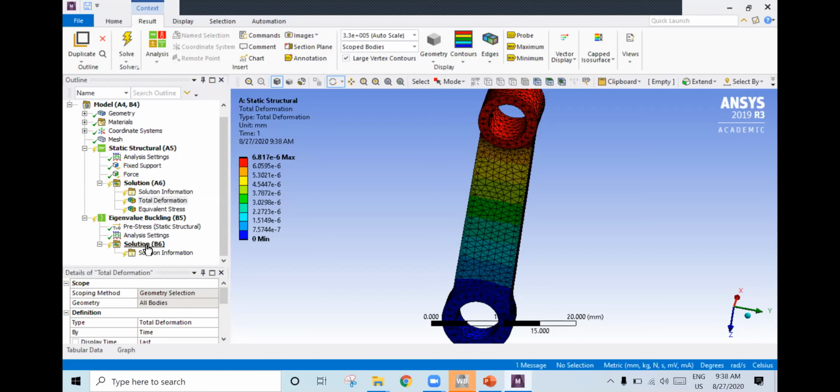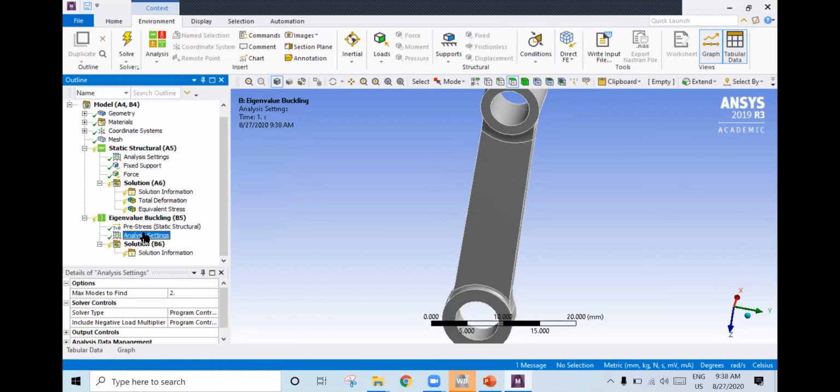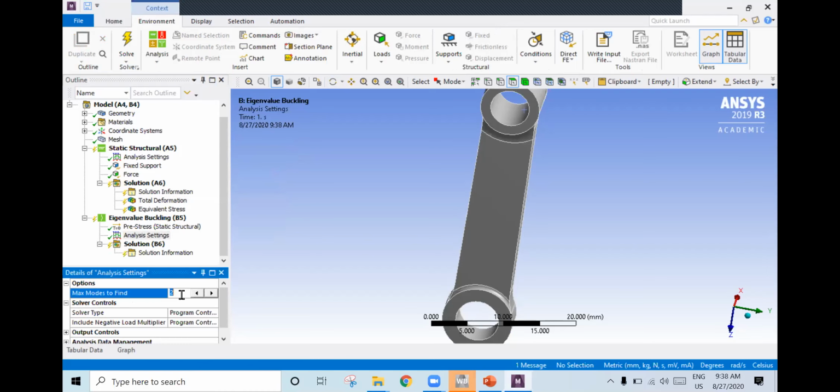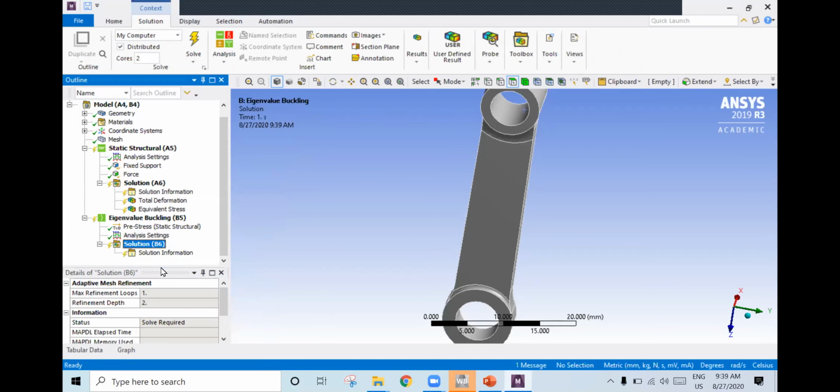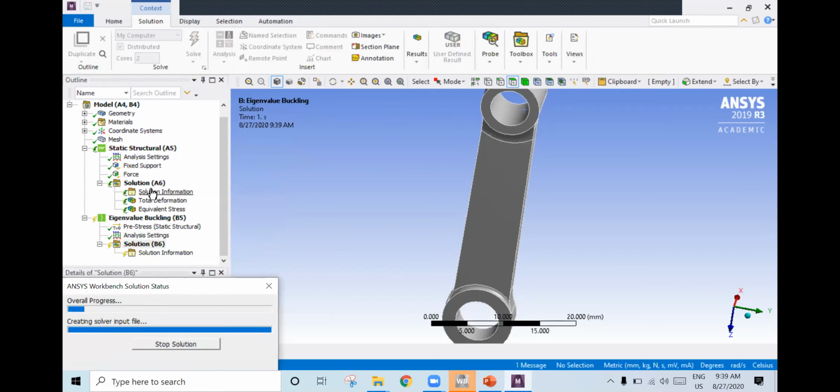What you need to do again is go to analysis settings, maximum modes to find. If you want 4, you can give 4, so you'll get 4 buckling factors. Then right click and solve. For unit load I am calculating, just to understand the concept.